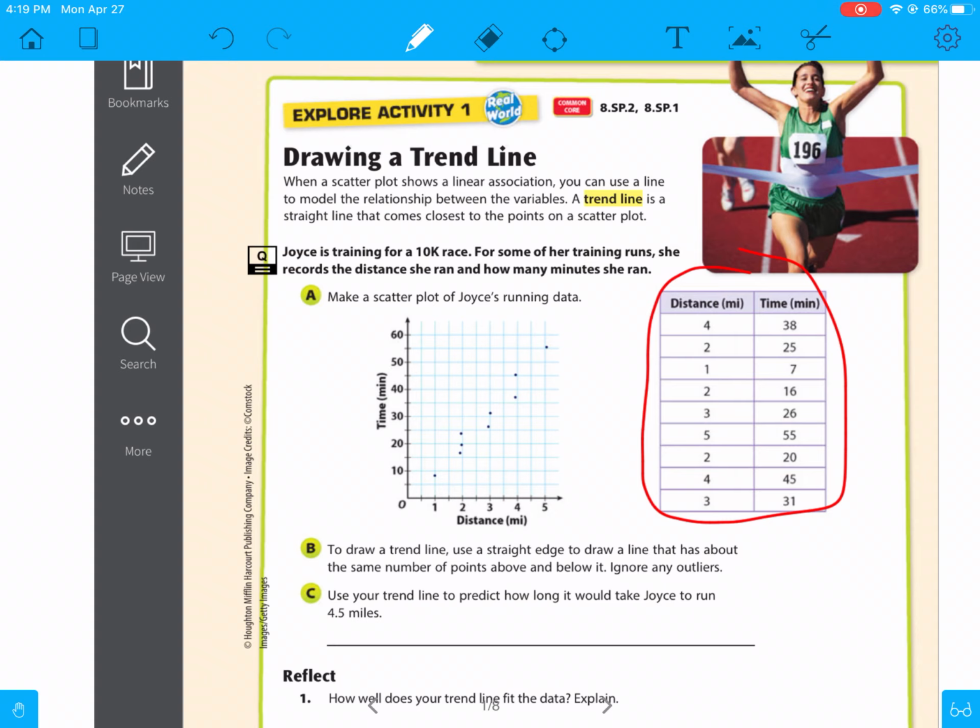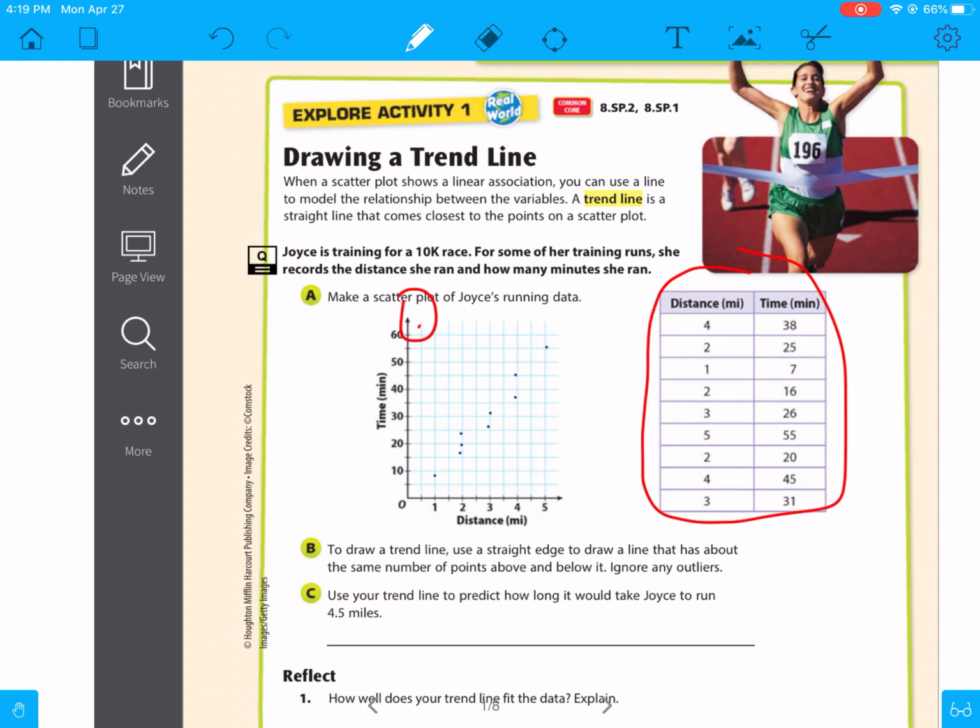That's part A. Step B, to draw a trend line, use a straight edge, a ruler or anything straight, to draw a line that has about the same number of points above and below it. Ignore any outliers. If there was a point way up here, just ignore it and don't include it. Also, whenever you draw the straight line, it doesn't always have to go through 0, 0,